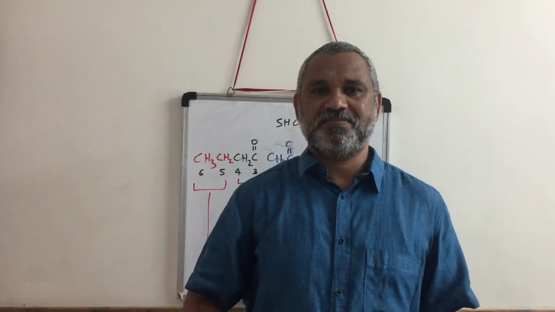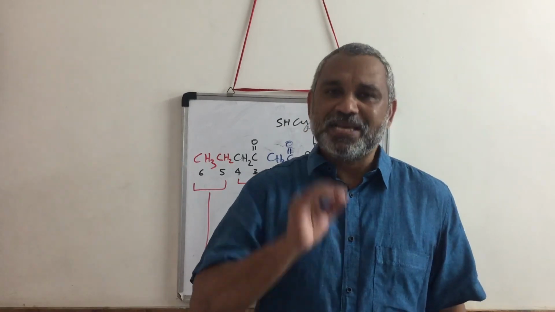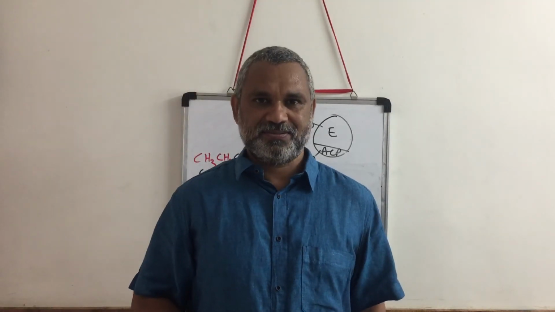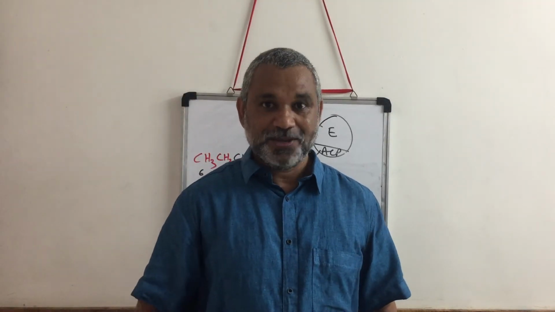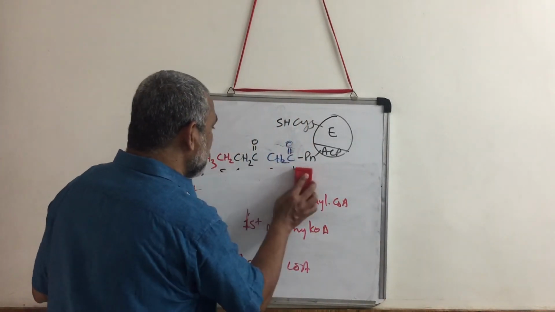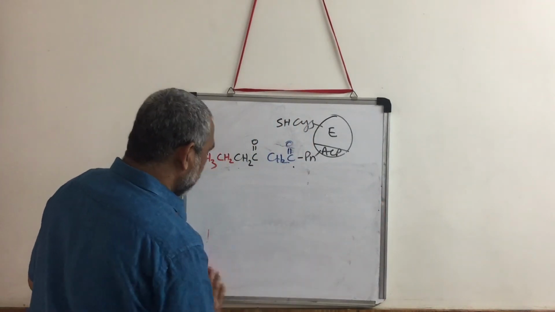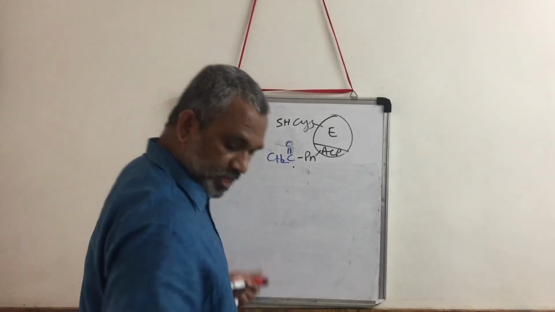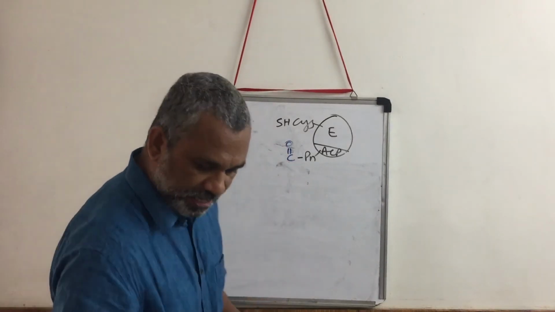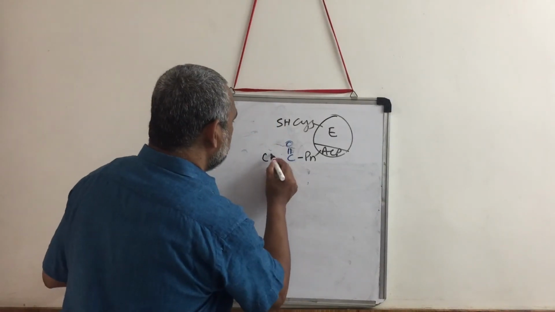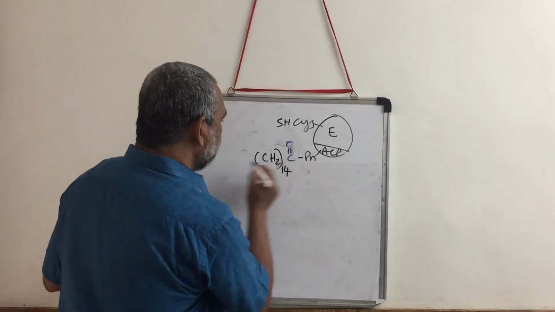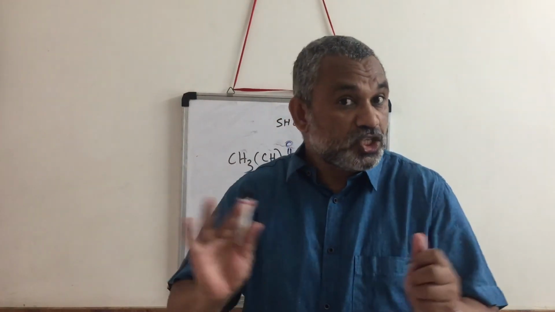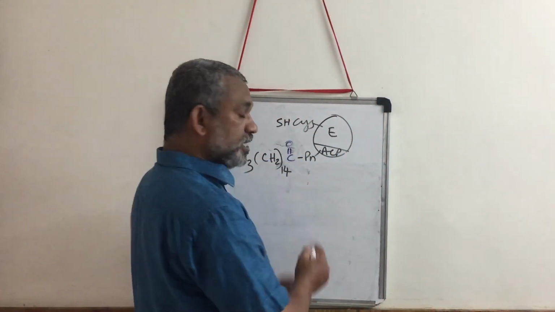In the mammalian system, we have certain limitations. The limitation is we can make only up to 16 carbon atoms. We can add only 16 carbon atoms. You know that a fatty acid with 16 carbon atoms is nothing but palmitic acid. So therefore, what we will have is like this: 14, 15 and 16. So this is formed in the last step. After this, no more carbon can be added to this.